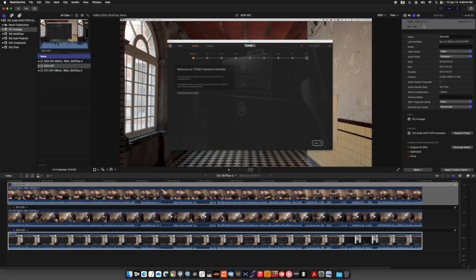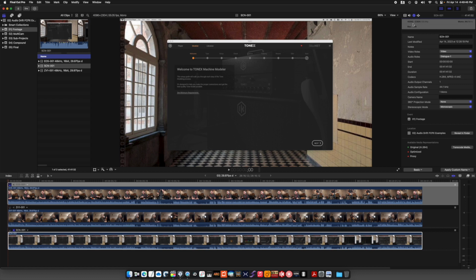I guess just to say we're working with everything as we would recommend working with it, these are the clips where everything is 29.97 frames per second, except the QuickTime screen recording. I suppose I should show you this. What does this variable frame rate mean? If we look at it in Final Cut Pro, we can look at the inspector up here, and it shows us that this is a